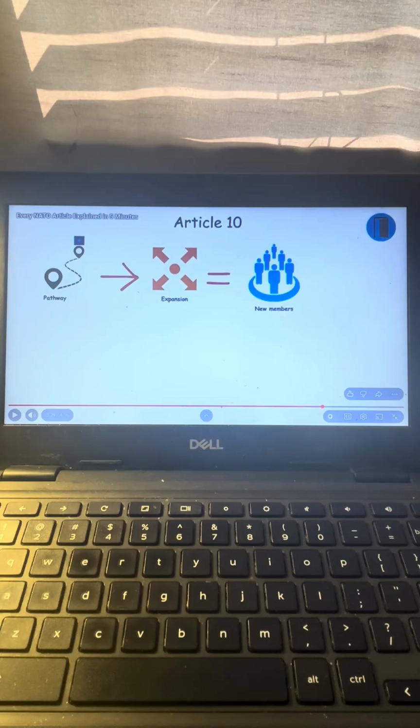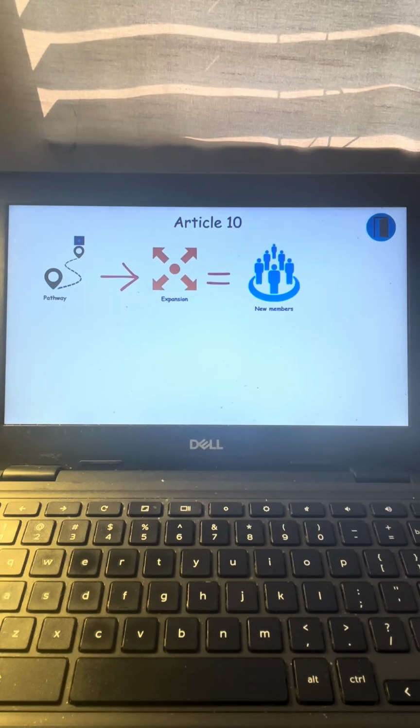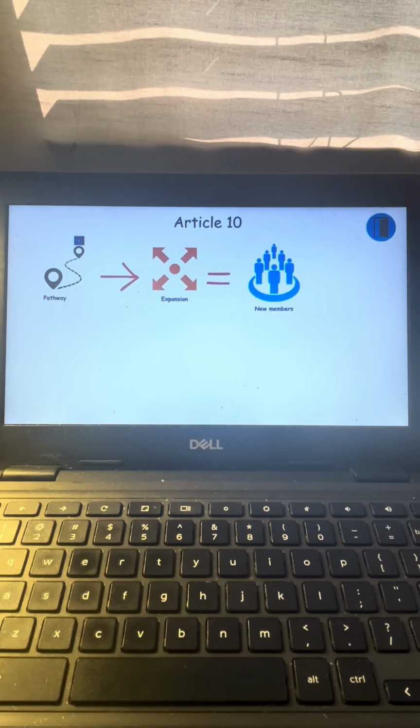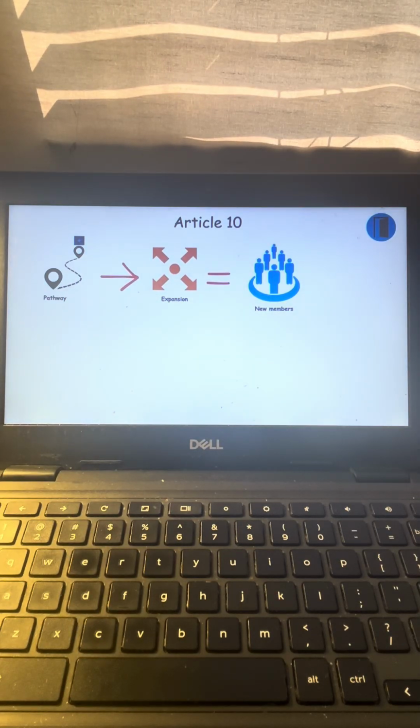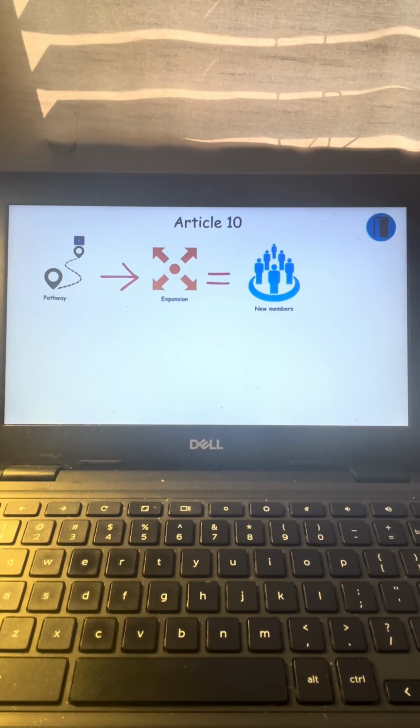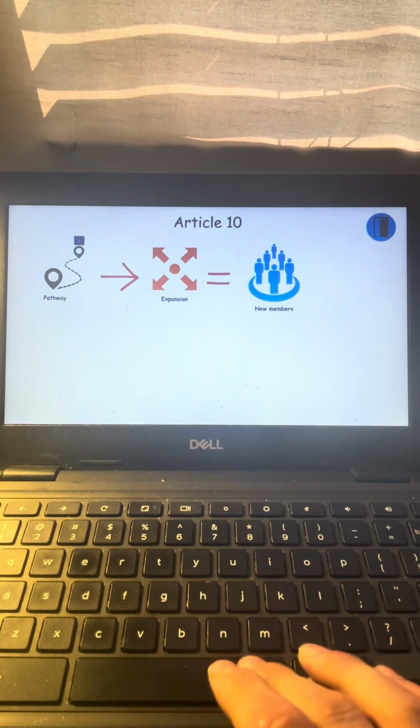Article 10 provides a pathway for the expansion of the alliance, allowing for the inclusion of new members that can further the principles of the treaty and contribute to the security of the North Atlantic area. Oh, I recently saw this Article 10. Sweden and Finland joined the alliance in the last two years. I'm not sure, I could be wrong about that. I don't know NATO history that much. If you want me to actually watch NATO history, like expanding, getting new members, stuff like that, I can probably do that, and we'll move on.